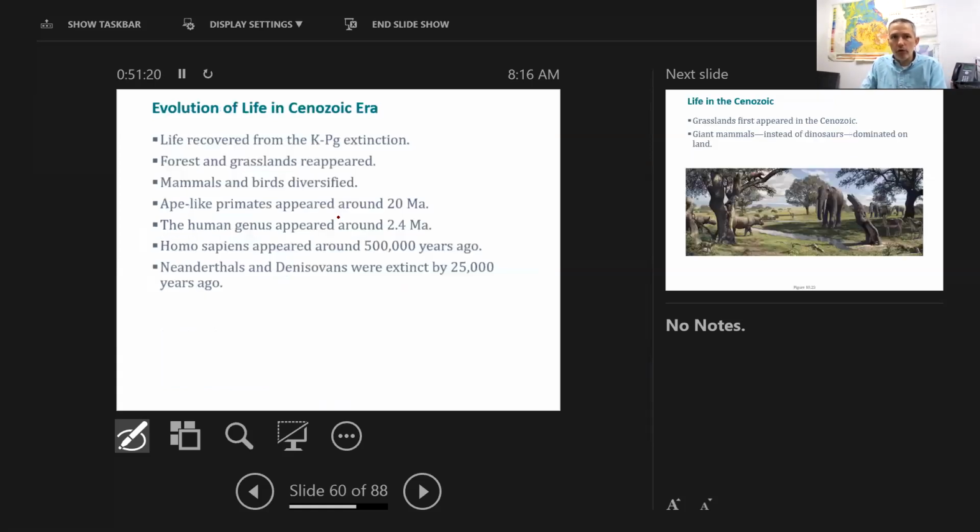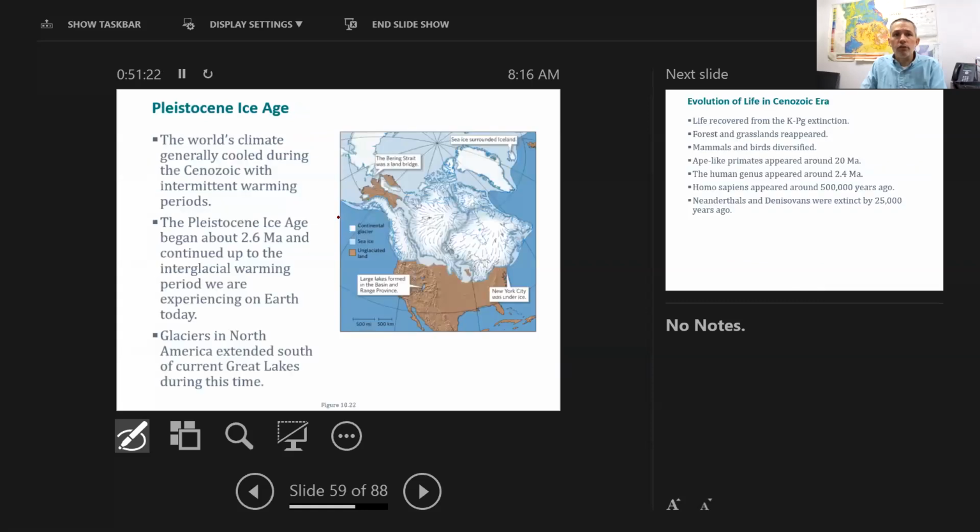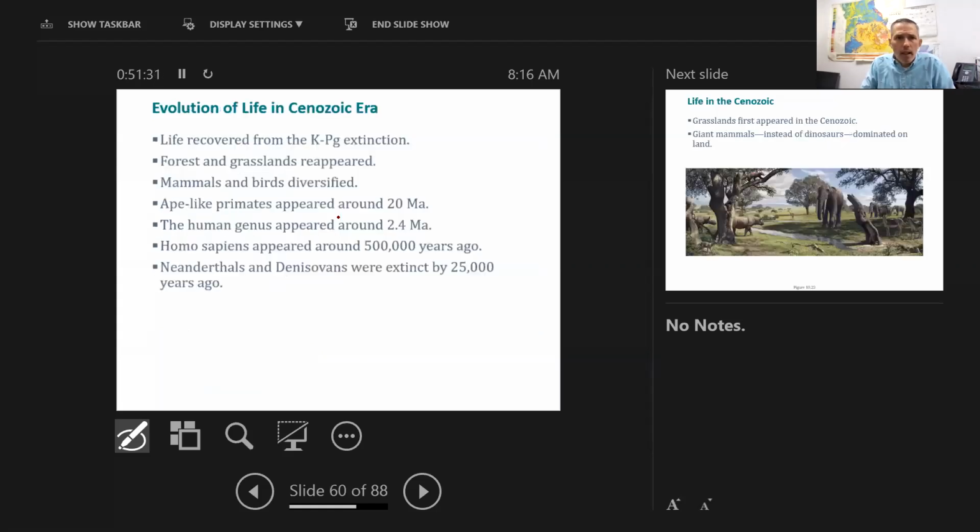This is also a little concerning, when we should be going back into an ice age, and our glaciers are melting just about everywhere on Earth. As we start looking at life in the Cenozoic, again, going back to those big eras,